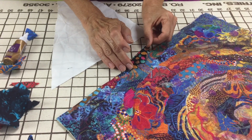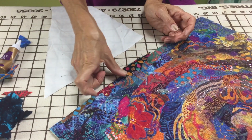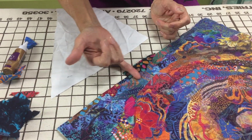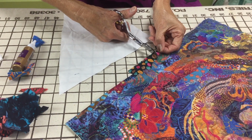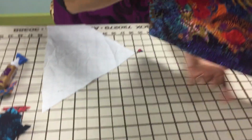So I'm going to place it right back where I decided it would look good, and I'm going to press it down because I want to make sure it adheres well to the fabric underneath, and in this case it's going through a layer of tulle as well. I'm going to trim this off right here because there's really not enough to wrap around at this point. So that's good. Now I'm going to flip this to the back,